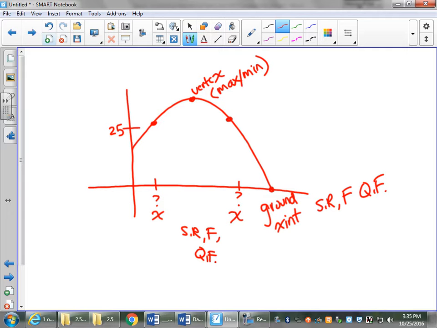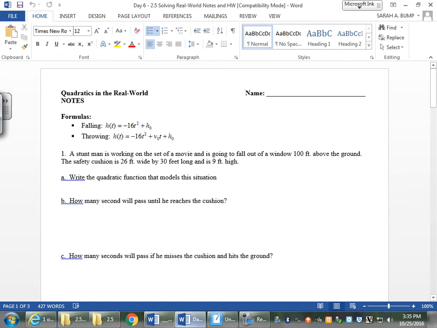But if it's a new type question where I'm trying to find either a random x value on the parabola or where it hits the ground, then you have to apply our new solving strategies of the formula, factoring, or square roots. So if I just pull up the handout that you guys are going to be getting today,